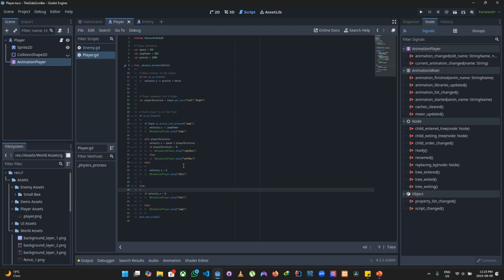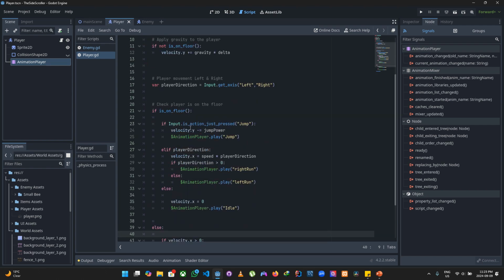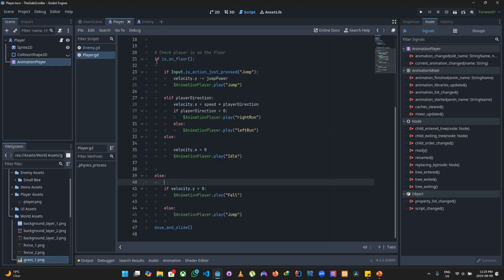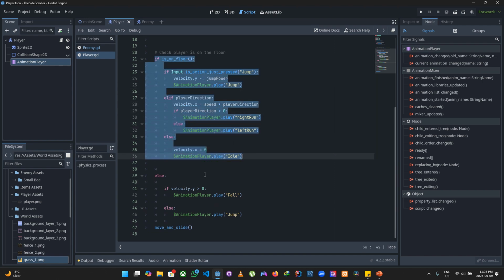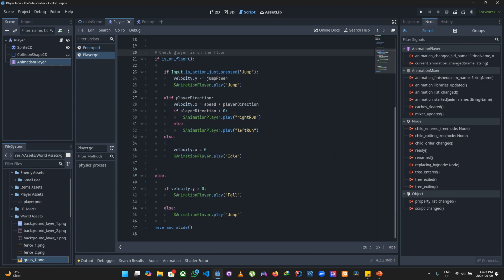Before we continue, I just want to add some comments so that we can know exactly what each code does. For example, this code is separated into if the player is on the floor and if they are not on the floor. Let's just say check player is on the floor, and here would be check player not on the floor. Good. Then if I'm on the floor, I should be able to jump, I should be able to move right, I should be able to move left, I should be able to be idle. So let's say here, player jump,